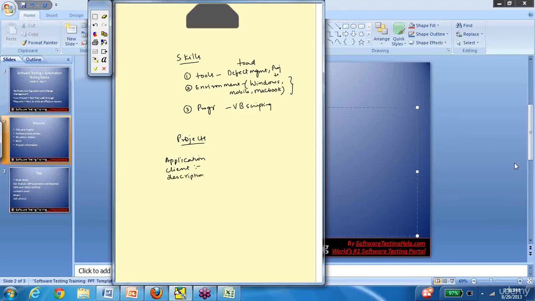Basically what they are interested in knowing is roles and responsibilities. That means what did you do during this project? As I said, for a particular testing project, it could either be an agile method or a waterfall, I mean, commonly used methods. There could be another methodology, but commonly it could be these two.